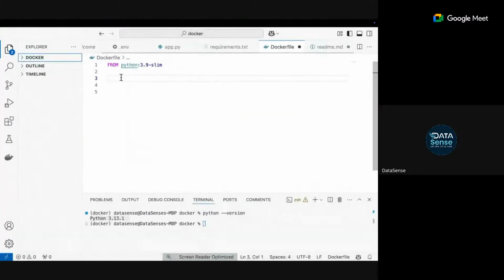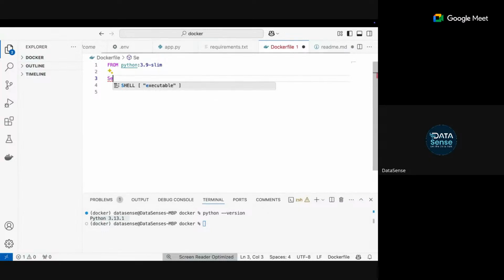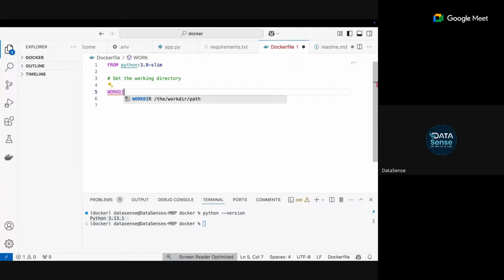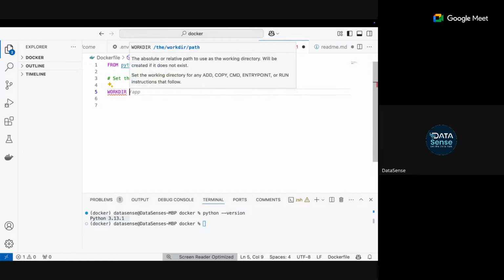So I'll set up the working directory. How to set up a work directory is simple. You have to use the keyword WORKDIR. For me, this GitHub Copilot is working but you can use it without that as well.